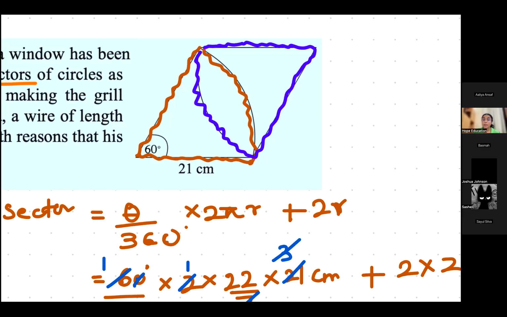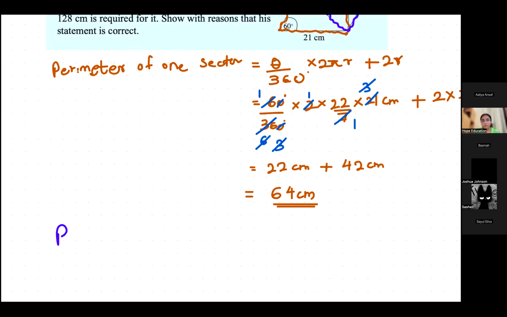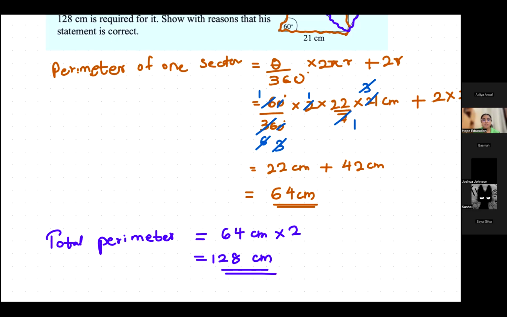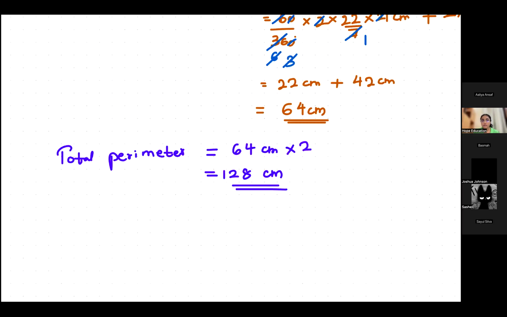Now, my sectors are equal, so the perimeters are also equal. If the perimeter of one sector is 64 centimeters, the total perimeter is 64 centimeters multiplied by 2. That would be 128 centimeters. And they're asking us to show with reasons that his statement is correct. See, we got it. Therefore we can say,